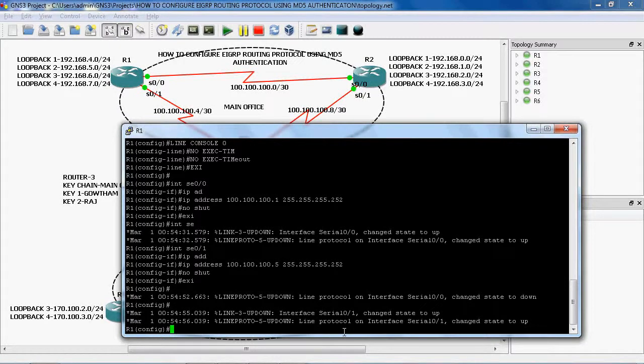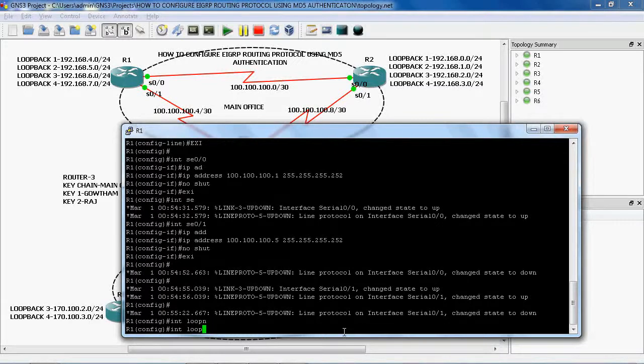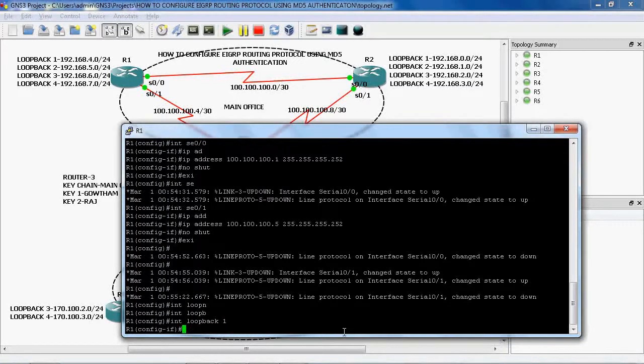Now we create the logical interfaces using loopback. Loopback is used for testing purposes. Loopback will create a logical interface. Now we create 4 logical interfaces in the R1 router. Each loopback is an individual network. Okay. The syntax for creating a loopback is interface loopback 1. It automatically creates the logical interface. Now we assign the IP address, ip address